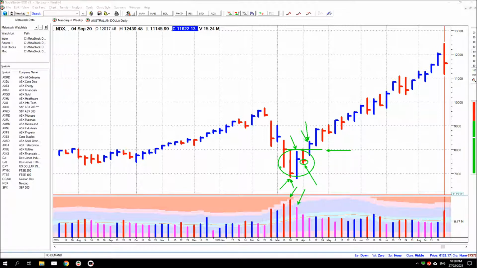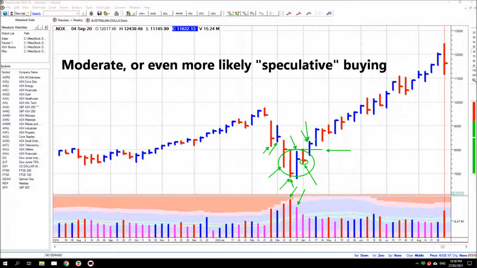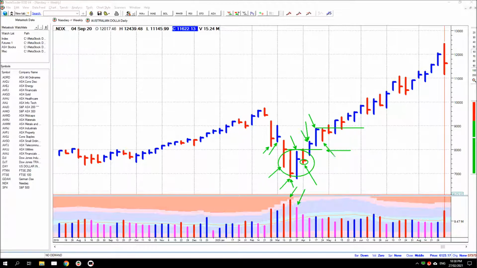We've identified there was likely some buying in these bars, even if it was only moderate buying. And that let price continue higher before there was some further testing. And price then accelerated higher. And you can see that it continued up, testing along the way up to here. You can see that there was a little period of consolidation here before price pushed out again, test, pushed out again. We come up to here, which is September.